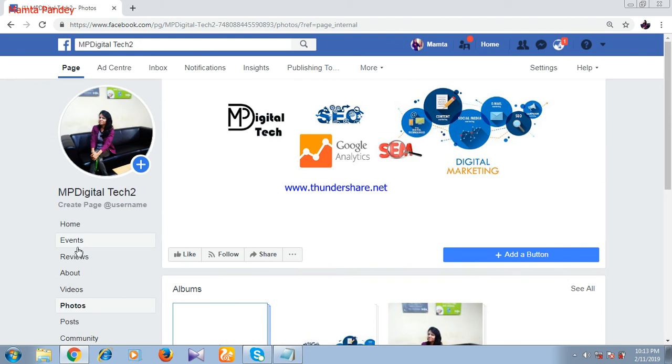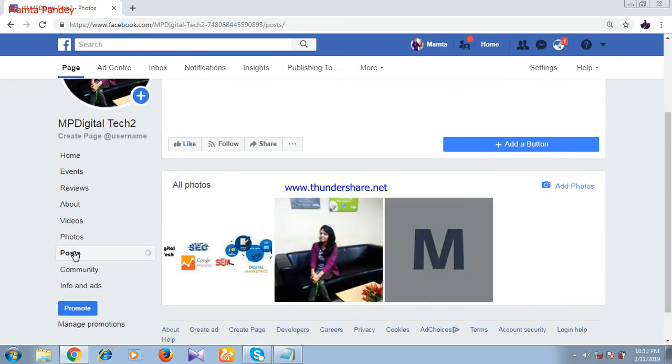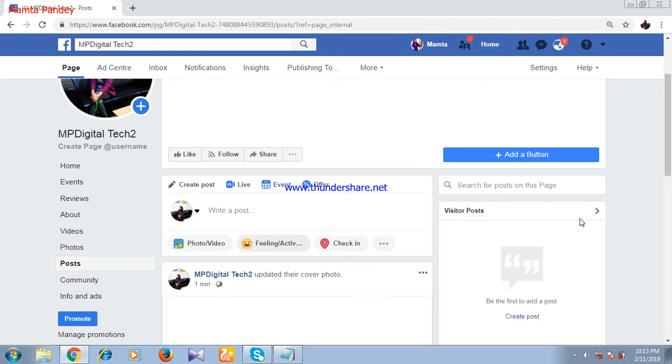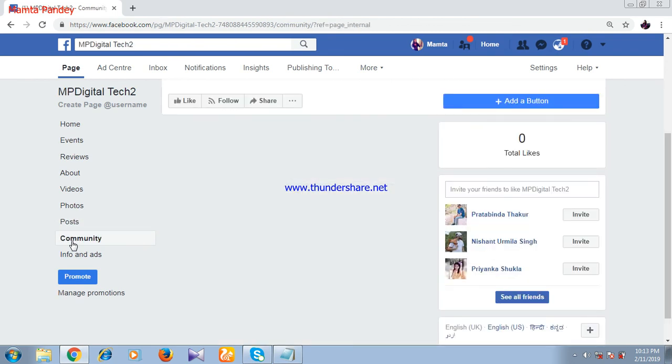In photos, whatever photos you will be uploading will appear here. In posts, the same, whatever posts you are doing on a daily basis, you can go in that and see. Community: if you have a page, of course you want more people to like your page.